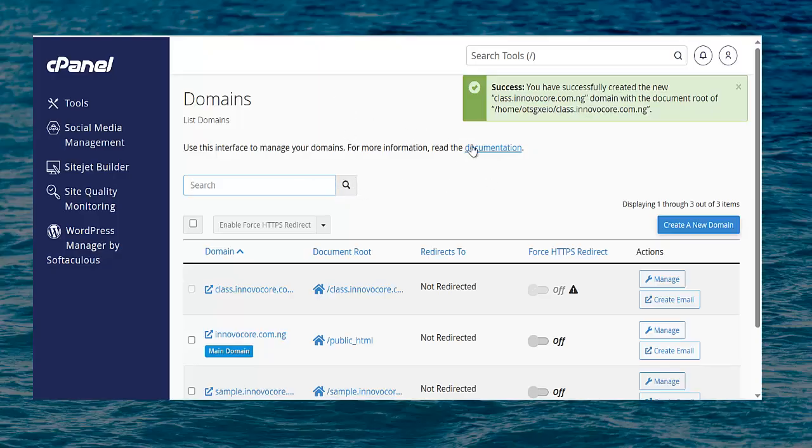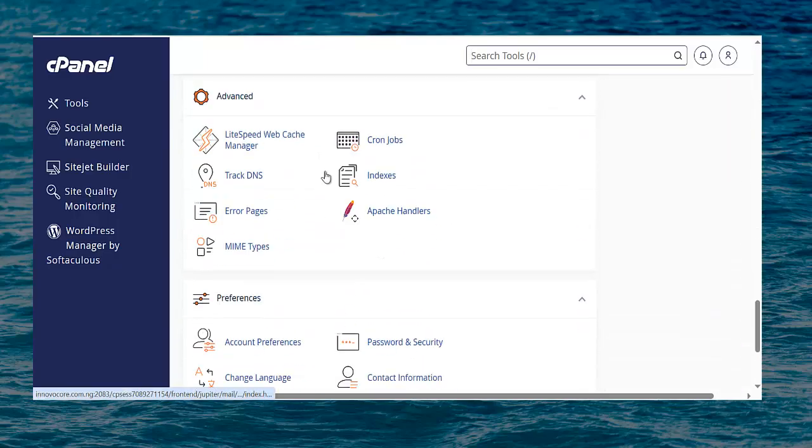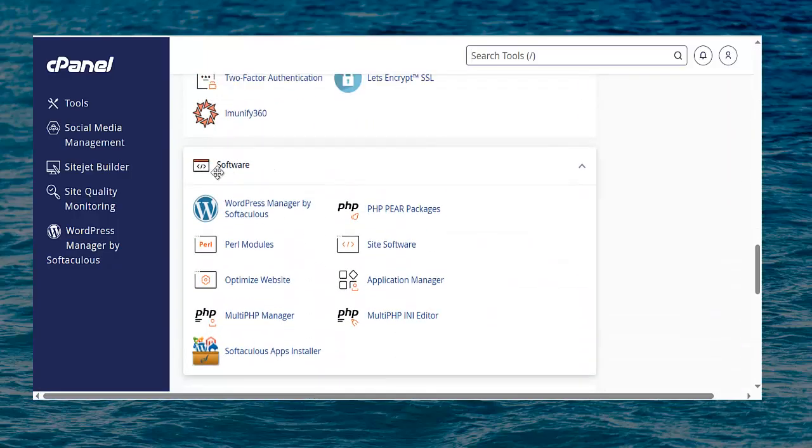For us to install WordPress on our domain, is this app installer, this software installer. It's supposed to be called software installer. So in the software installer, you see WordPress Manager by Softaculous. This is it. You can equally go from here. It's here in case you want to go very fast, but you can still go down to software and then